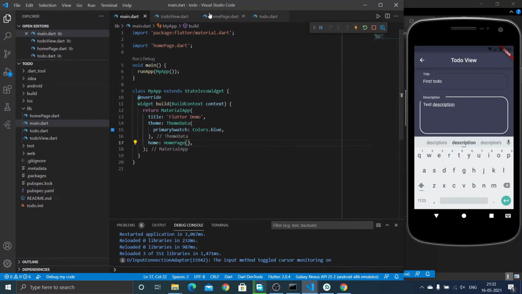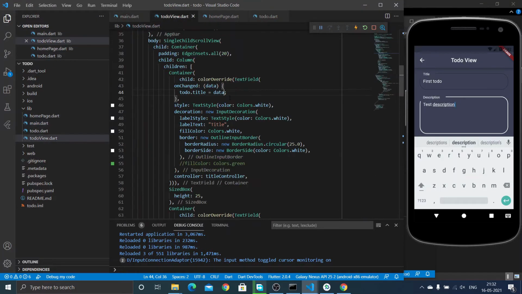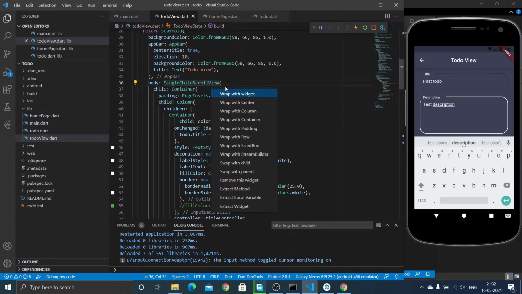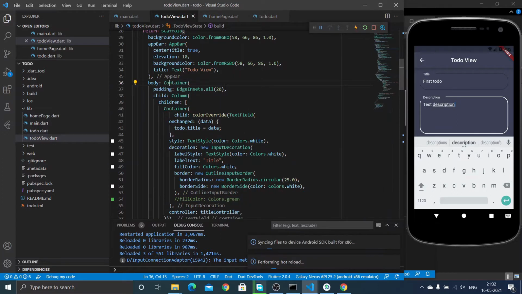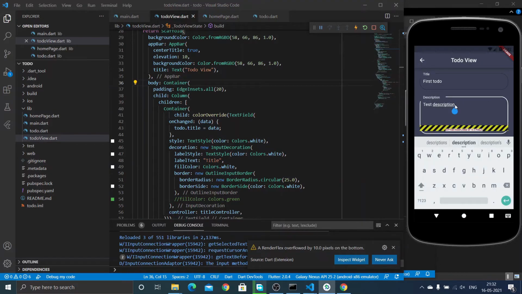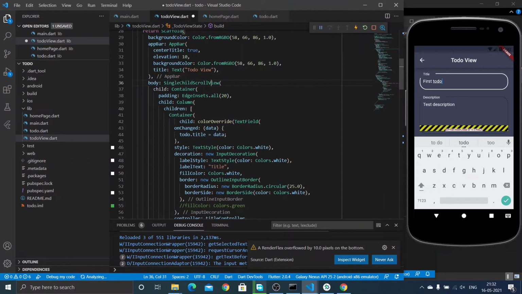So now I'm going to tell why we use the single child scroll view. I'm just going to remove it and show what is the difference between using a single child scroll view and not using it. Okay, then after saved, you can see that when I click the button, an overflow has occurred, because we didn't use a single child scroll view. The single child scroll view is used to avoid this overflow when using keyboards. Okay, please note this, it's a very useful widget.